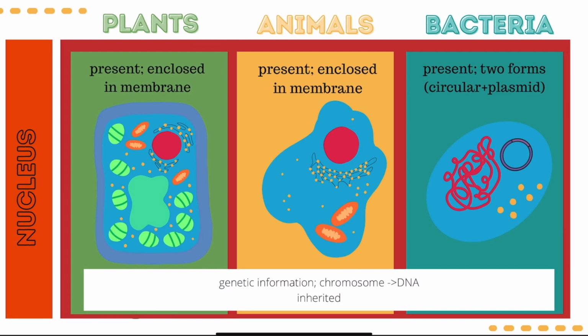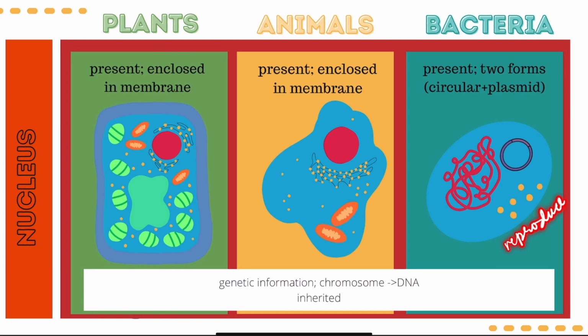the cell's activities. On our bacteria, you could see that it is also present, but rather than having circles like this and this in our plant and animal cell respectively, you have it in a tangled appearance. It is not enclosed in a membrane, just like your animals and in plant cell. They are just readily floating within the cytoplasm of the bacteria. But this is not really a disadvantage for them because it allows them to